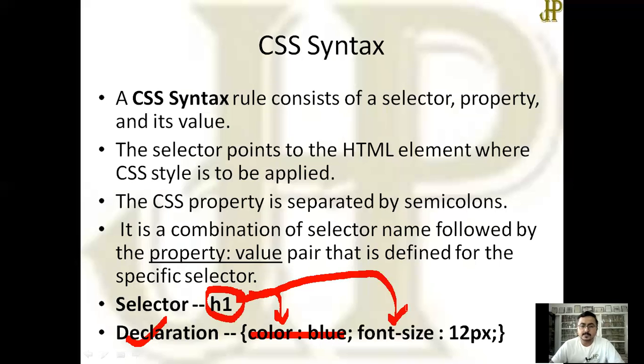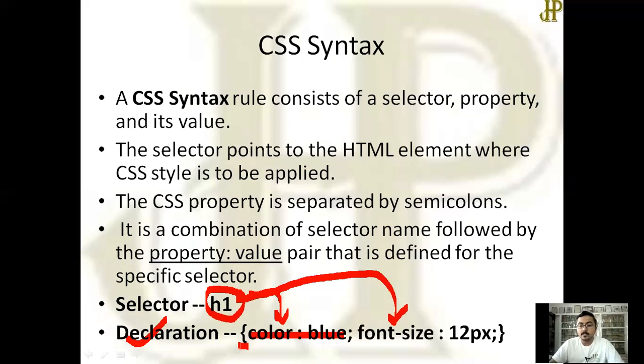I will discuss these descriptions like color, font size, alignment, and all other things in the next video. Here I am concerned about the introduction of CSS. So there are two things. First one is the selector and another one is the declaration. Clear? And these are differentiated with curly braces.